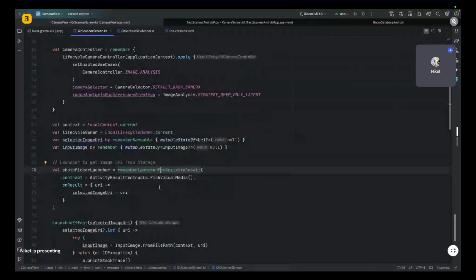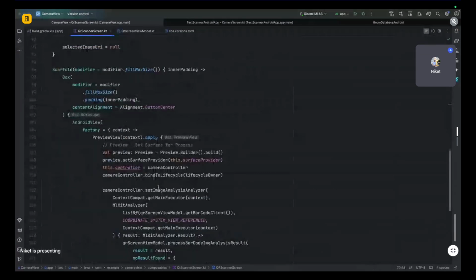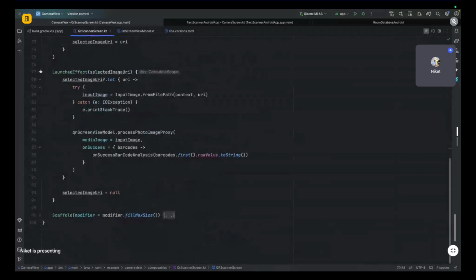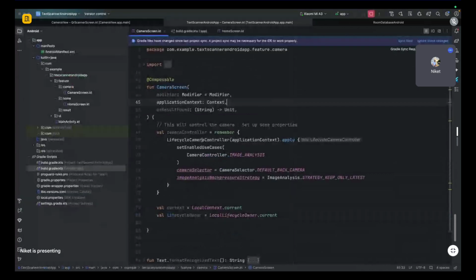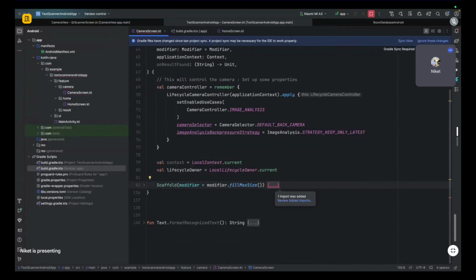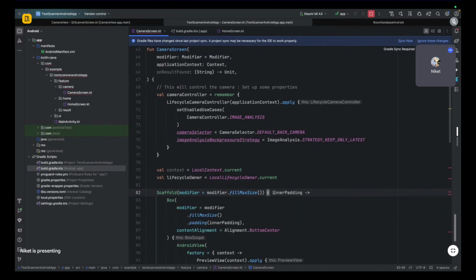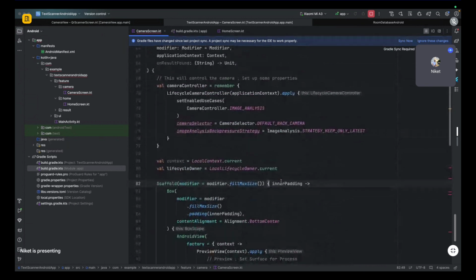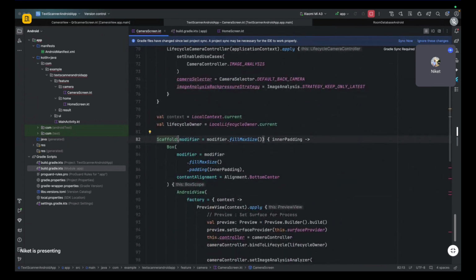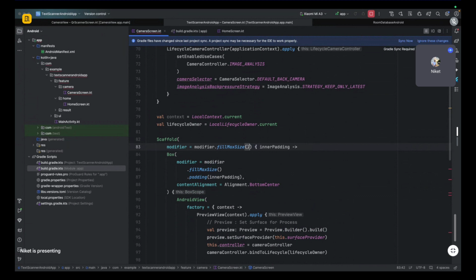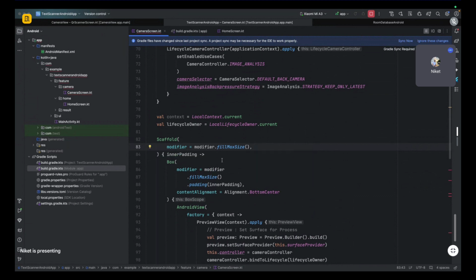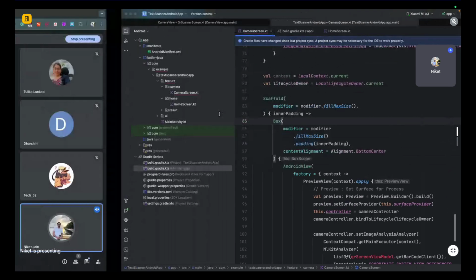Then we need our scaffold. Okay. So I'm gonna take this one, and implement it over here. Okay. So this has been done. We have a few errors, but before going to that, what I am doing is setting the scaffold to fill the entire size. Okay, in the scaffold,